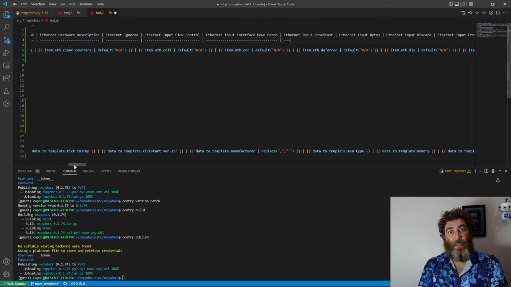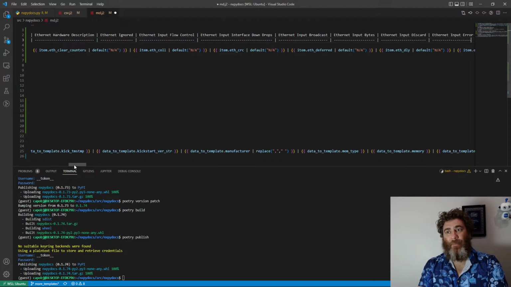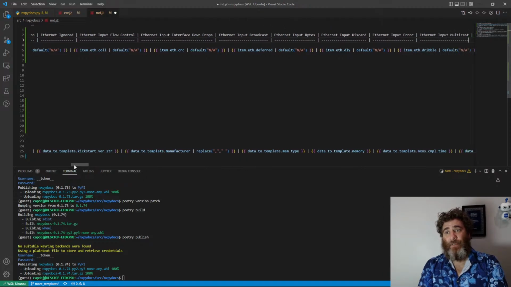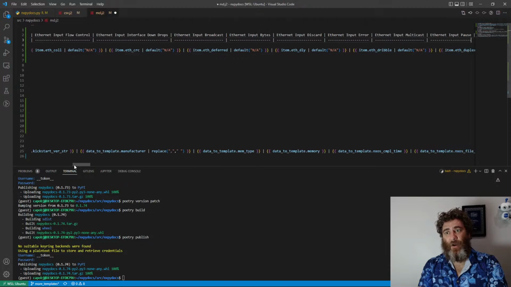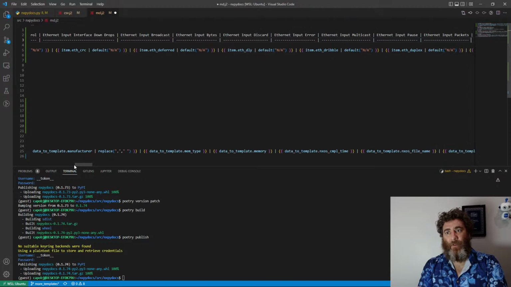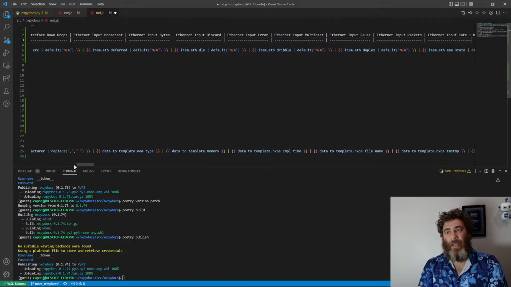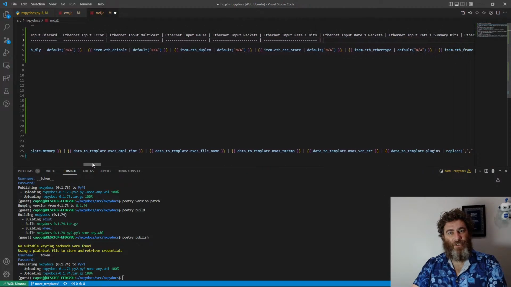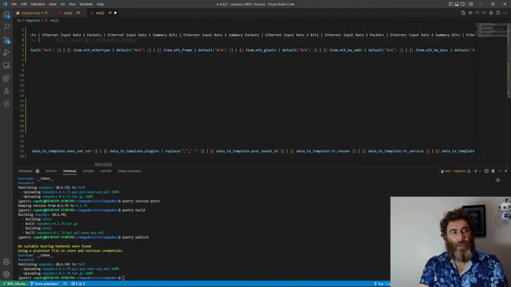The HTML is not going to take as long, and the mind map won't take as long either. With all of these fields, the mind map is going to be huge, because there are so many interfaces. But that's okay. I can show you how to work around a huge markdown file. In theory, we could make a mind map per interface, which is just a little bit more looping, but I don't think I'm going to do that. I'm just going to make one big mind map with all of the interfaces,